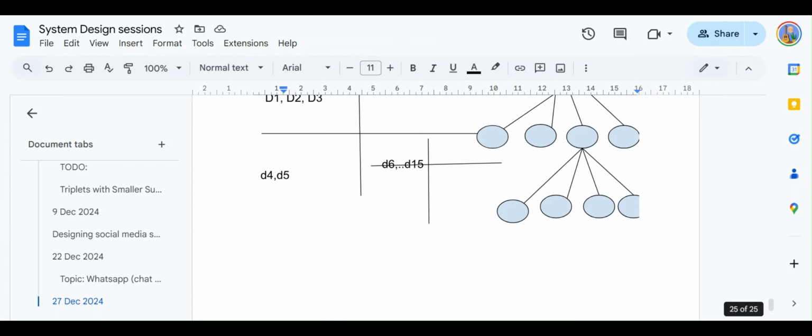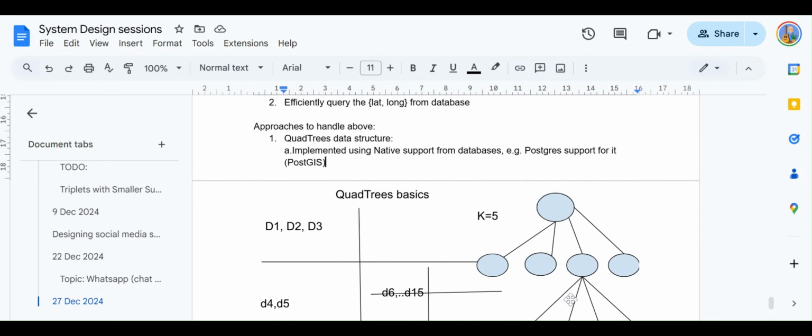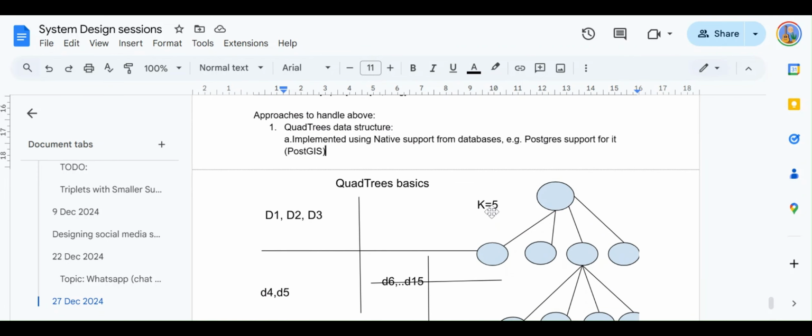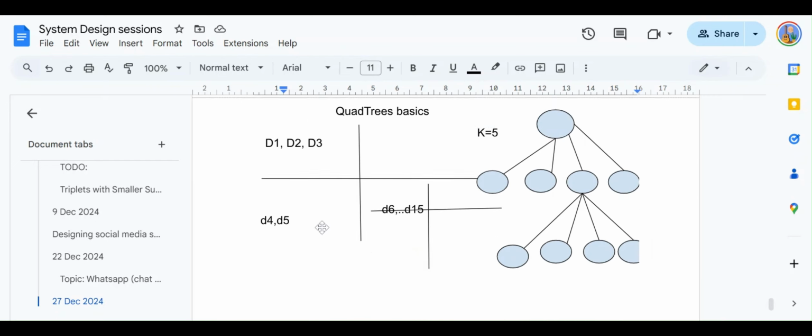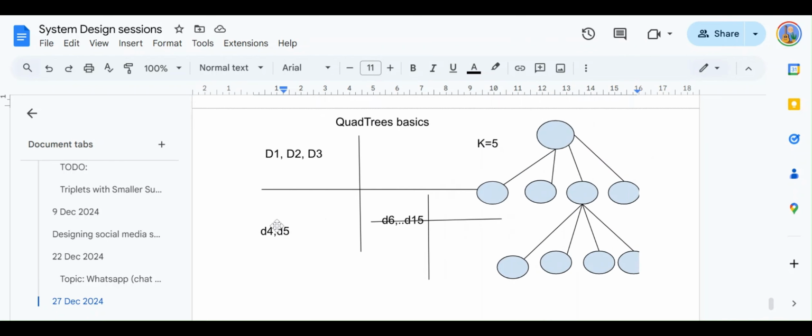Redis also stores it in a format similar to a quad tree, but Redis does not rely upon this k parameter. What it does is uniformly take the entire world map and recursively partition it until it reaches the minute granular level that it can partition up to.